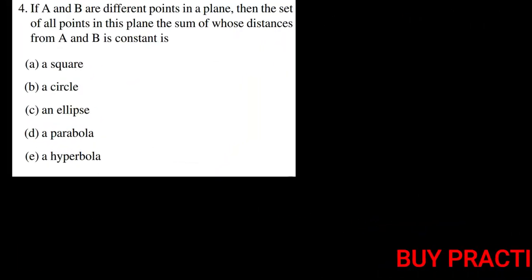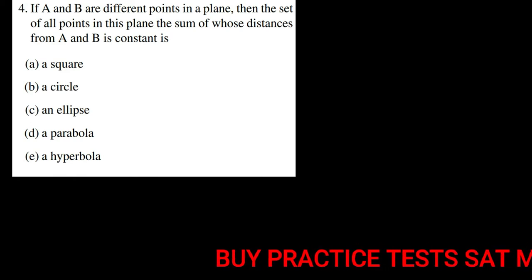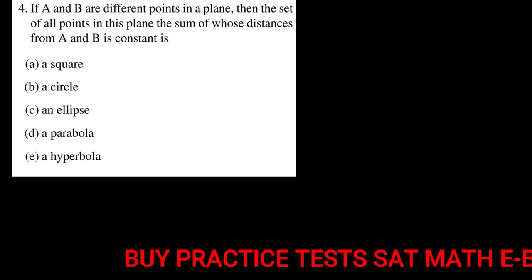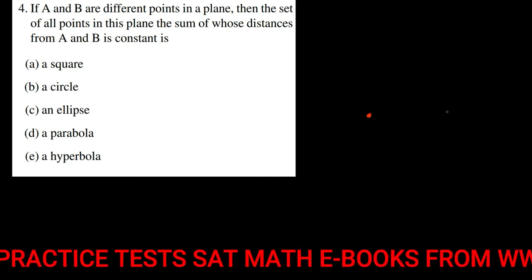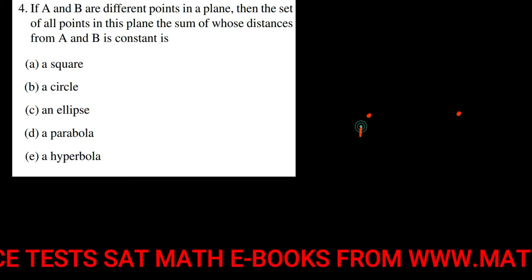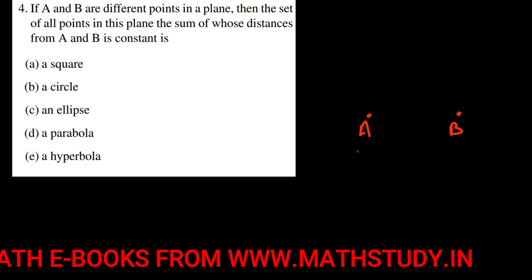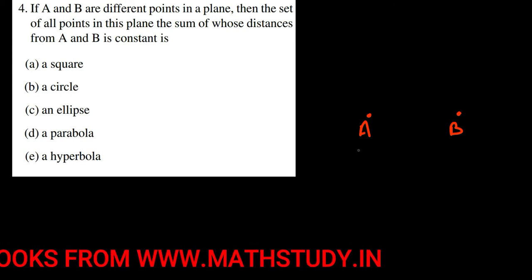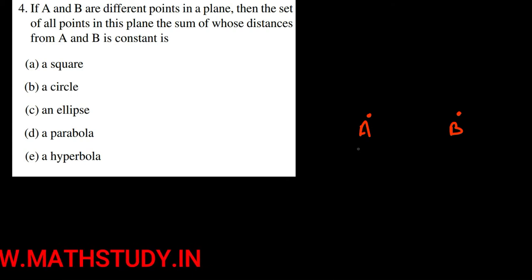So students, this is our question number 4 here. If A and B are different points in a plane, so let us assume A and B are these 2 points in a plane, right? And what is the condition here? Then the set of all points in this plane, the sum of whose distances from A and B is constant,